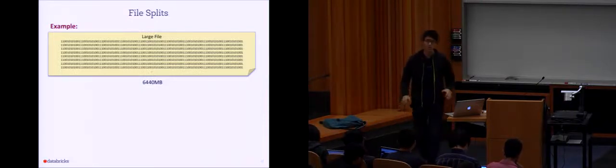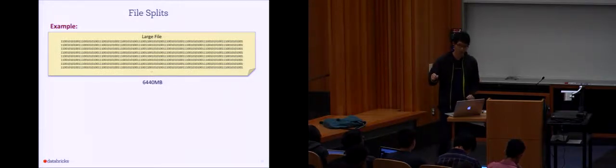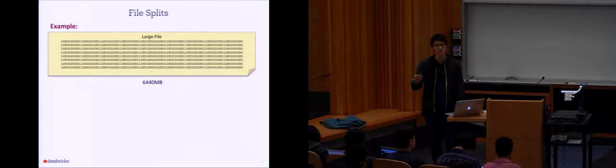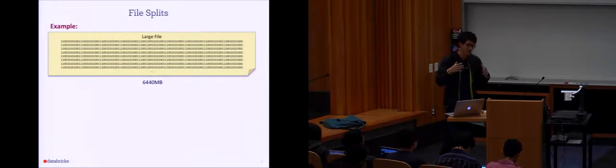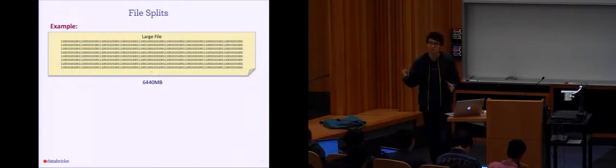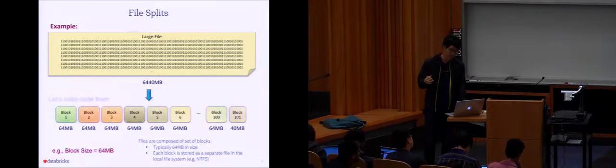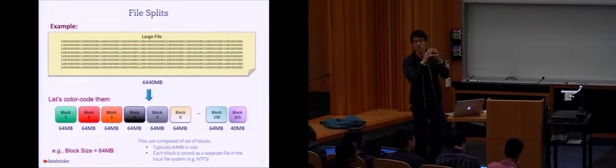So if you have a very large file that cannot possibly fit on a single node, just divide it onto multiple nodes. Now, to go beyond that, you want to handle both smaller files and large files consistently. So the way GFS did it is that they essentially divide a file into blocks. And the block is a fixed size unit of storage.